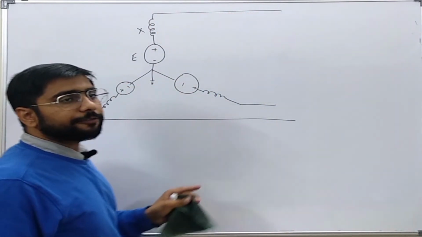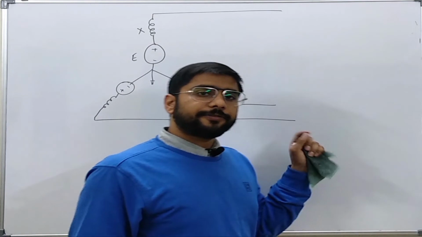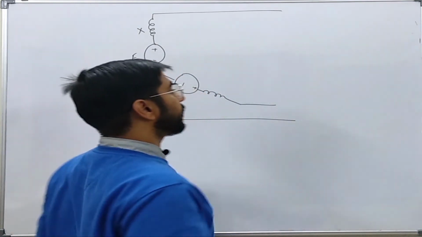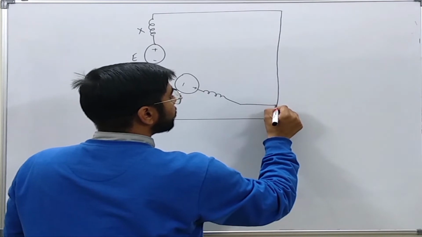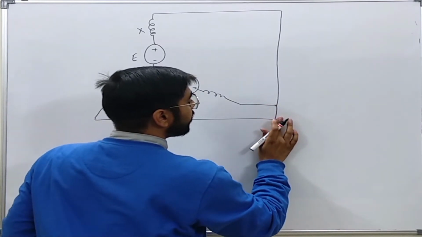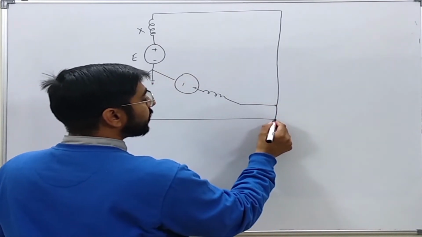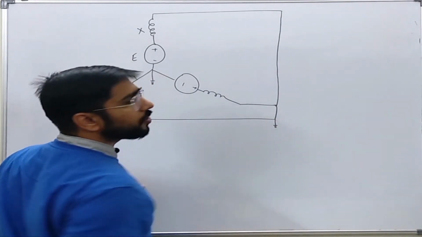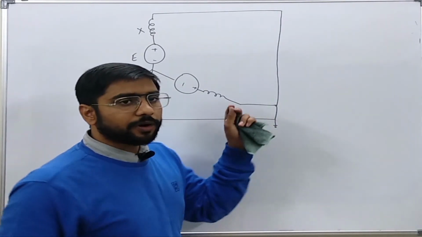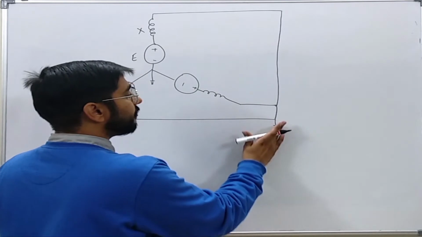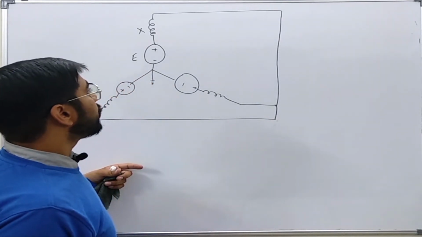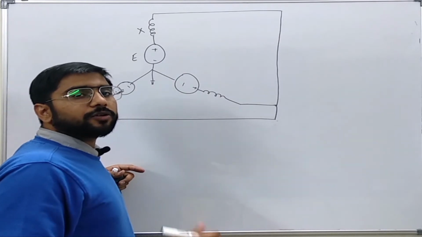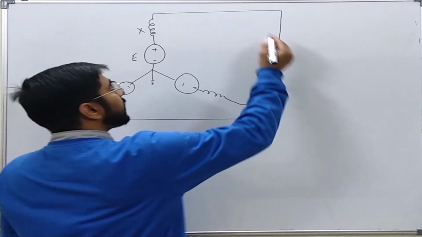Now let us take first the case when there is a three-phase fault on the terminals of this generator. So these three terminals get short circuited in the three-phase fault. They can either connect to ground or may not connect to ground, because if it is a purely symmetrical circuit, then there will be no current here. Okay. Now you can see from normal network analysis also that the current